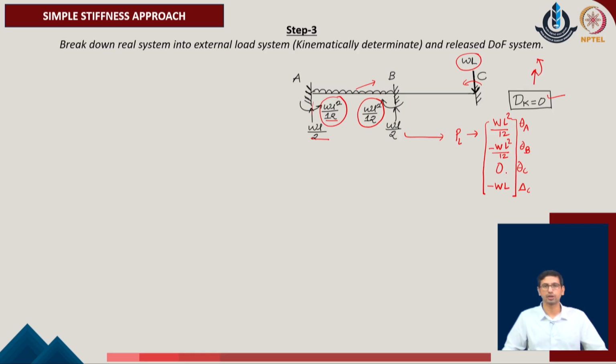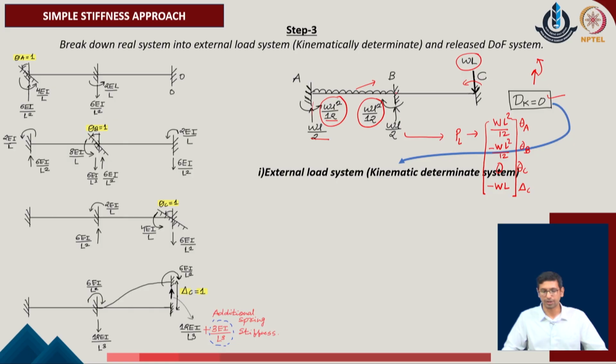In the same manner, we also release individually, one by one, all the degrees of freedom in the given problem. As we have considered theta A, theta B, theta C and delta C, we release individually all these 4 degrees of freedom, and corresponding to these released degrees of freedom, we evaluate the end forces of the given system. With respect to theta A, which is considered to be 1 unit, we evaluate that the end moment generated over here is 4 EI upon L, as the theta value is 1 unit. Similarly, the far end moment of the given system is 2 EI upon L. The set of reactions can also be obtained for the given system.